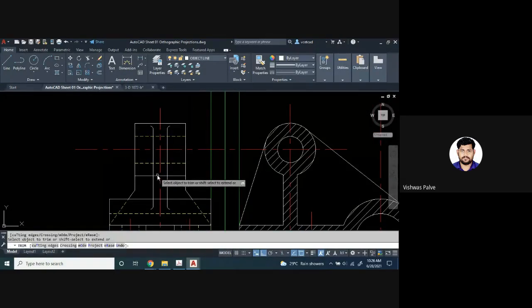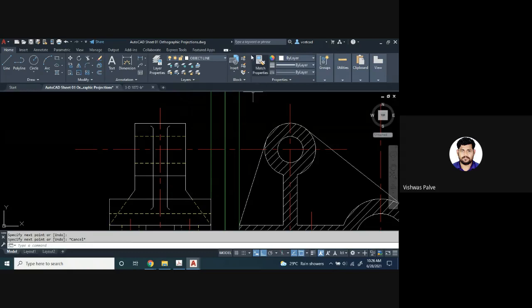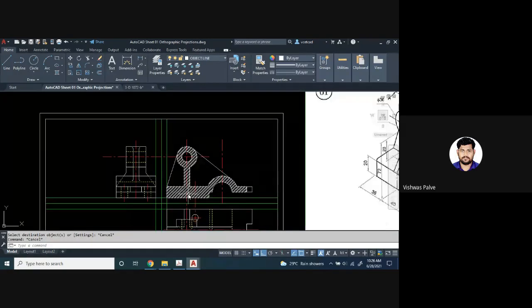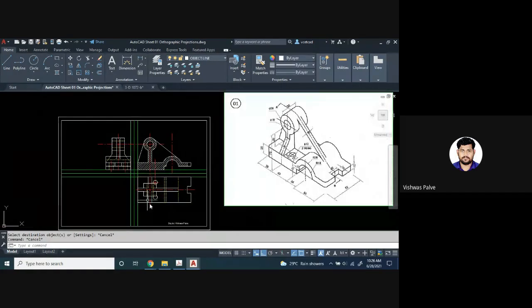TR double enter, L enter. This line we have to show it like this and use the match property, hidden match property option, and this line will be seen as a hidden. Okay, now the question arises in your mind. There are a lot of hidden lines in this question problem. Okay, so in examination, if you miss 2 or 3 hidden lines, then don't worry, you will get marks for that. Okay, even if you miss 2 or 3, accordingly the marks will be deducted.